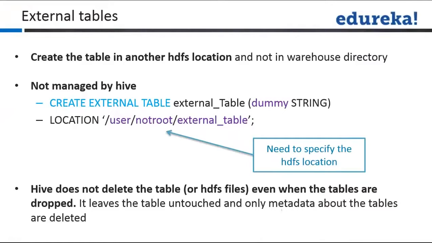Now obviously, when an external table is dropped, Hive will not delete the data because it is not inside Hive. The data is on HDFS, you will not be deleting that, just the metadata will be deleted. Is that clear to everyone, guys? Does that make sense? Can we quickly look at an example of an external table? Only the schema is deleted, that's right.